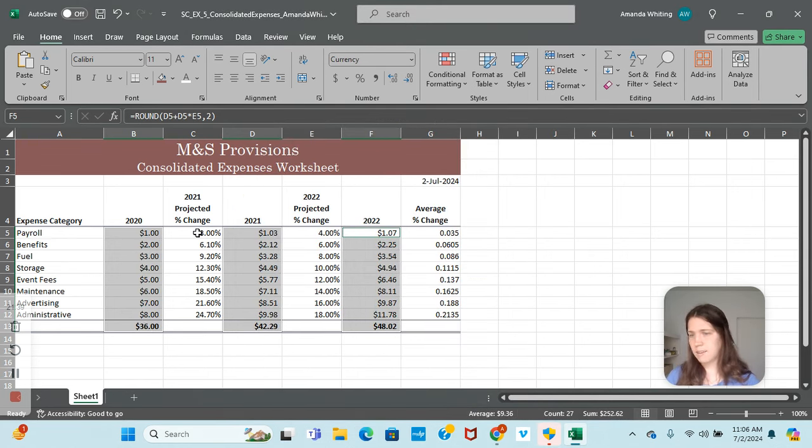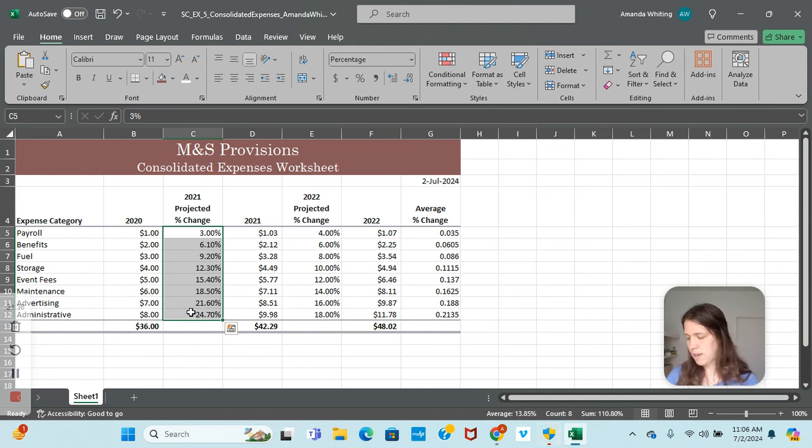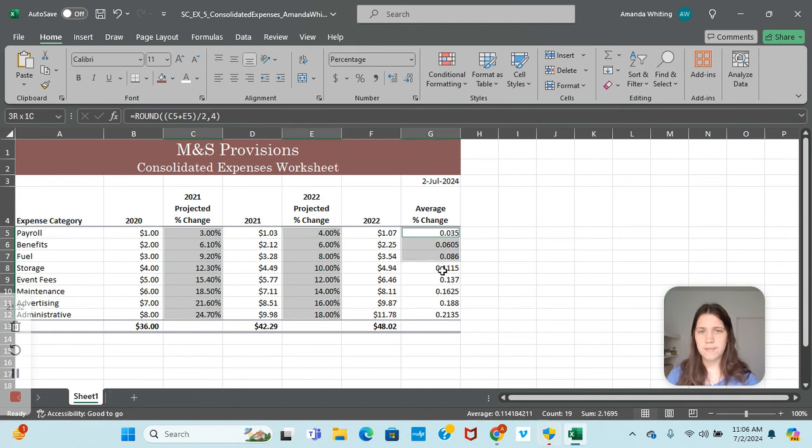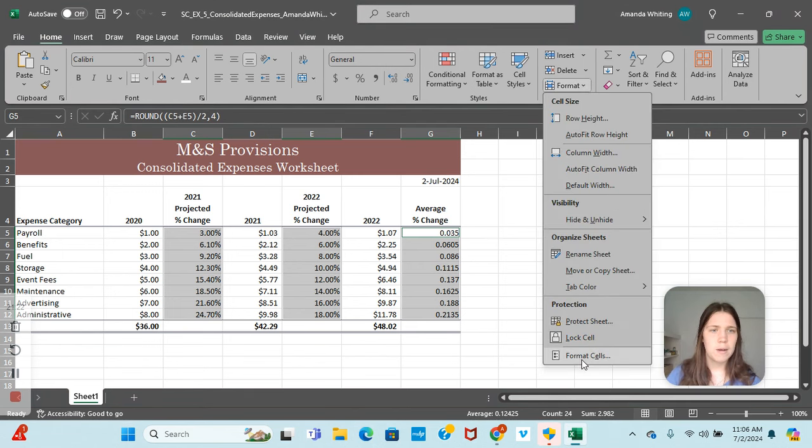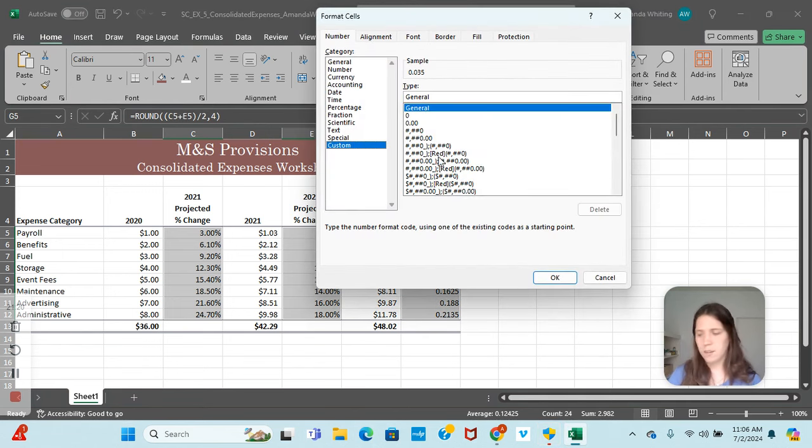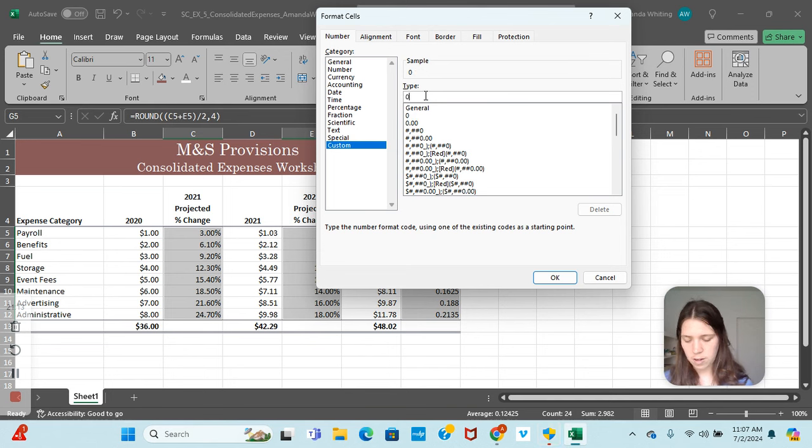Now select C5 through C12, hit your Control E5 through E12, and then holding Control G5 through G12, we're going to do a custom format, which is so cool. So I think we can come here, just format cells, custom, and for this custom one, you're going to delete where it says general, and we're going to type something. So type